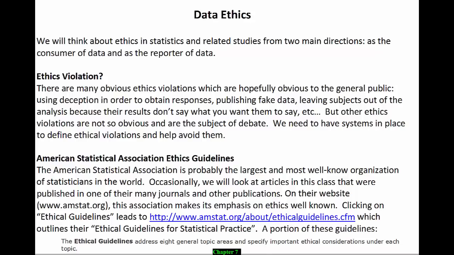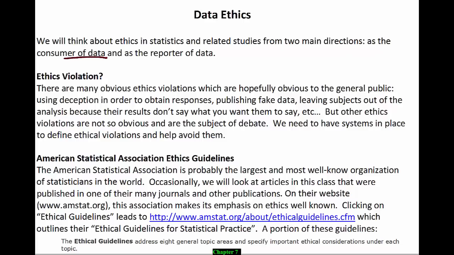Welcome to our chapter on data ethics. We're going to use some of the topics from your textbook and add some topics for this course. They're contained in this set of lecture notes. We're going to think about ethics in statistics and related studies from two main directions: from the viewpoint as the